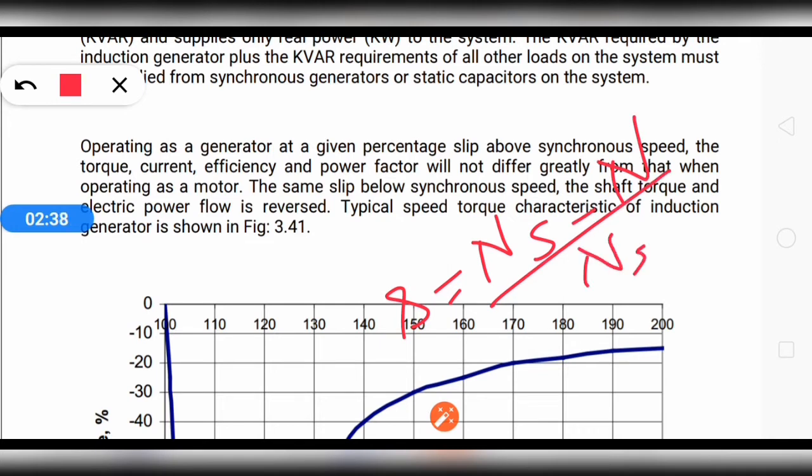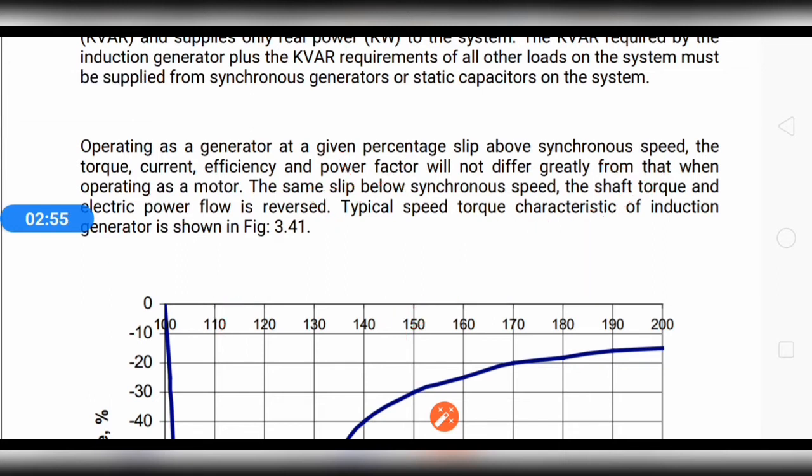So if nr is greater than ns, this means that slip becomes negative. Slip becomes negative or less than 0. So this is the condition for induction generator, that the induction generator slip is negative,